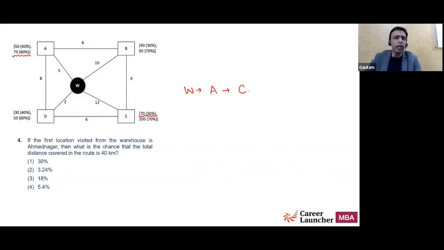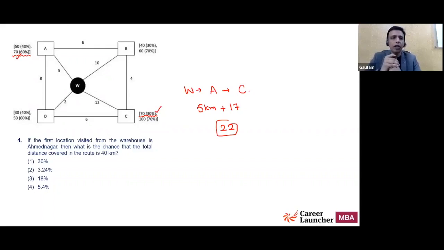Now logically understand, when I move from the warehouse W to A, I'll be covering 5 kilometers. A to C, the supplier has to cover 17 kilometers. So 5 plus 17 would end up at 22. Now, this is for sure. After that, what is the chance that the total distance covered in the route is 40 kilometers? Logically, this is 22. Now, because these two conditions are already satisfied, after that, he could end up choosing either